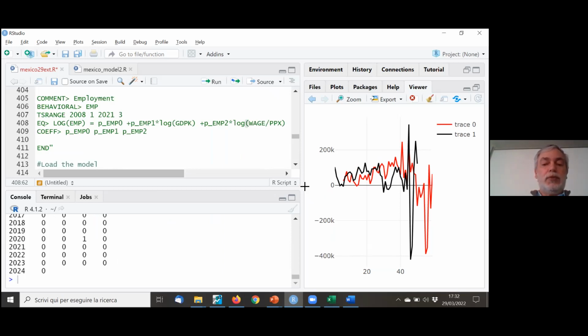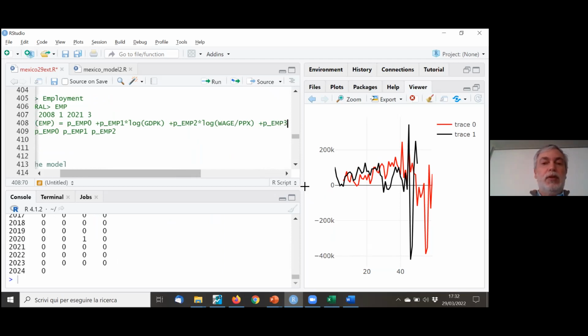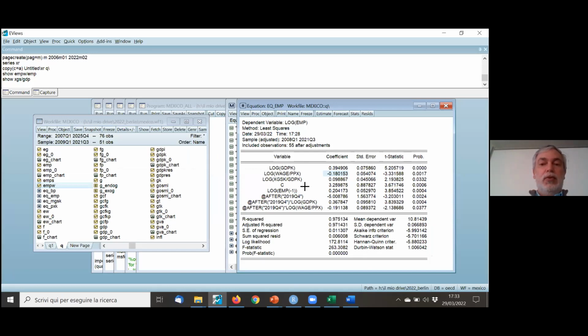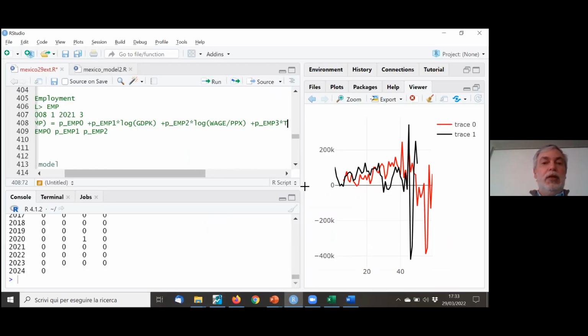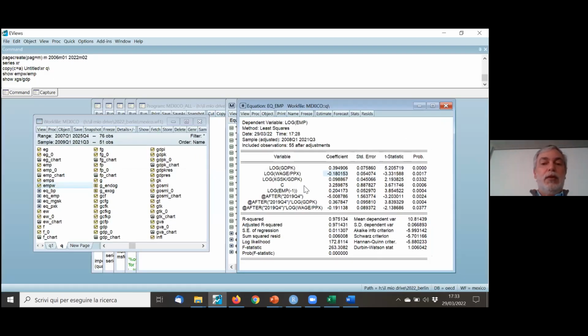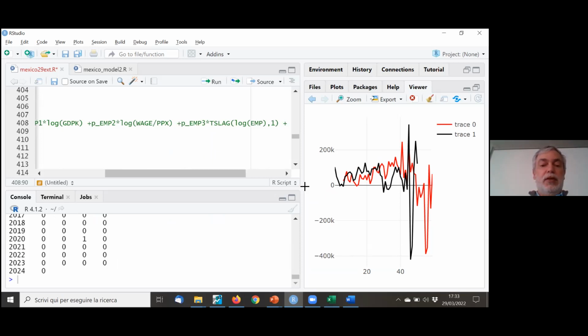So this would be the TS lag of the log of amp plus these 4 times this dummy